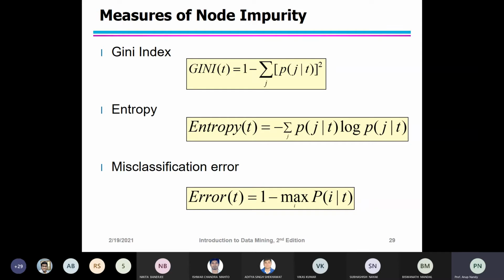What is the best way to split the records? These measures can be defined in terms of the class distribution of the records. Because if you have two classes, you have to see how many records belong to class 1 and how many belong to class 2. That is called the class distribution, before and after splitting. So you have to find the impurity measures of the node. You have the parent node, then you have some descendants, and whenever you split the node, before and after splitting you need to find the node impurity measures.